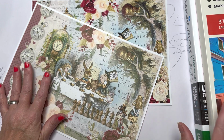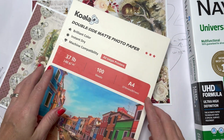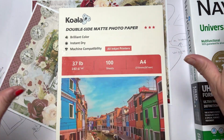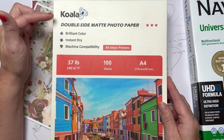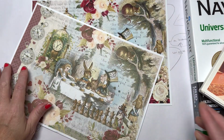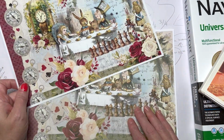So there's all kinds of different brands. You can do your own research. I'm not going to leave a link. You can find it on Amazon. I've left a link in my Facebook group. You know, I don't do affiliate links. I don't earn anything from Amazon or anything like that. I can't be bothered with it. I'm too lazy. So it's just the Koala double-sided matte photo paper. Okay, so if you want to treat yourself to a pack and give it a try,